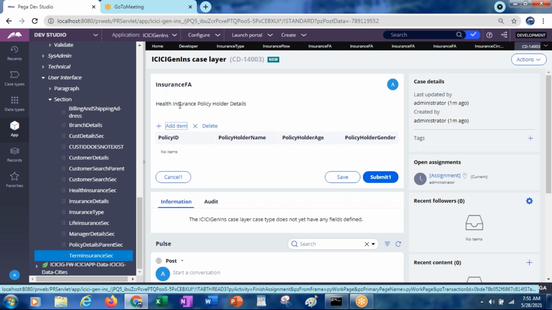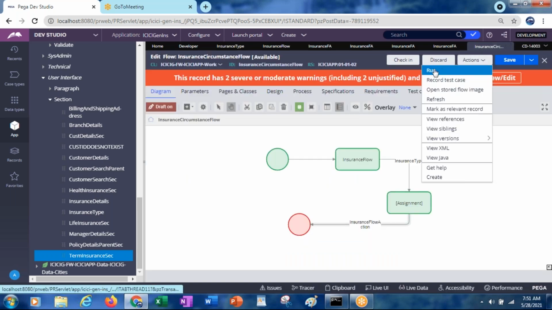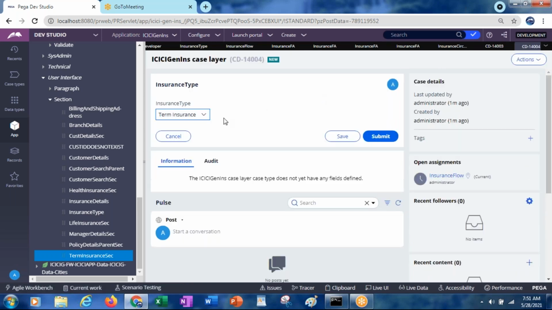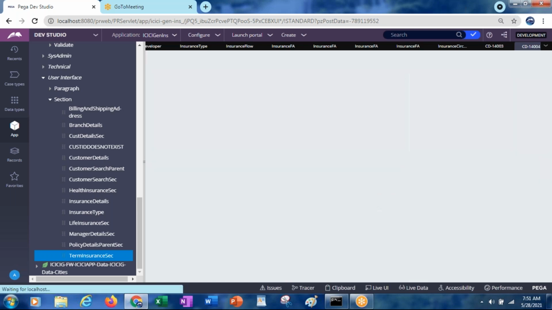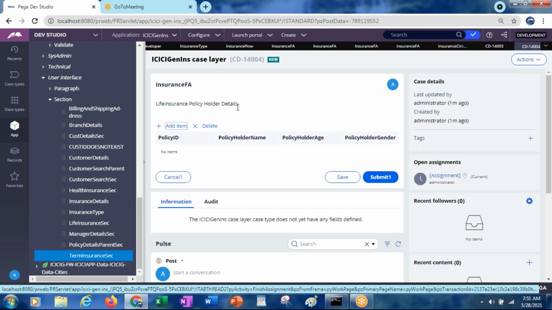See, this is the health insurance policy holder details section. It is displayed. Okay, and in the same way, if you take life insurance policy holder details, it is showing.